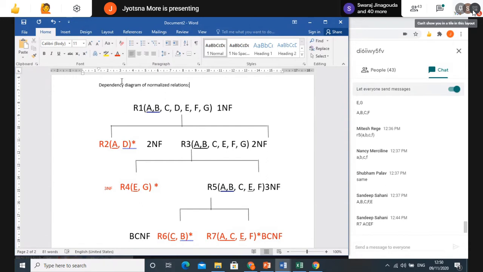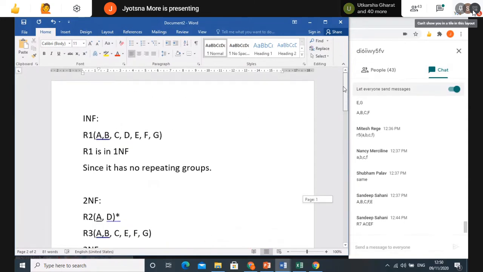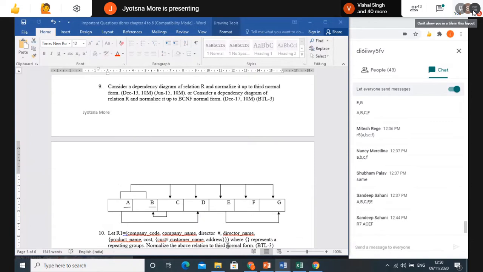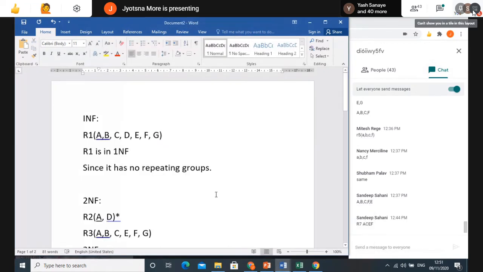So in this case, what you can do, just remember the concept, whatever we have done in this question. If the concept is clear, you can write your answer by yourself. So at least one dependency diagram you can keep in your mind, for example, this one. For a theory part, I am saying, this dependency diagram you can keep in your mind so that you can show the solution completely, which we have done here, and based on that you can explain.